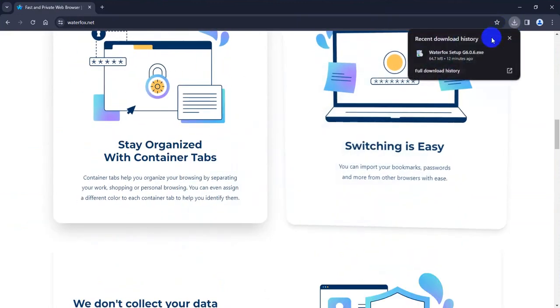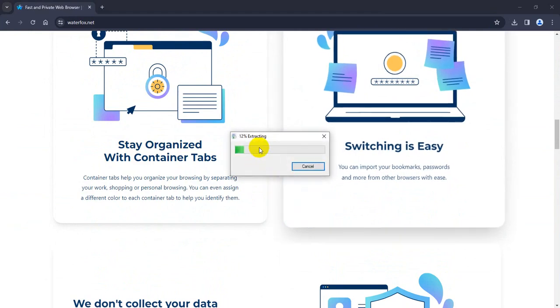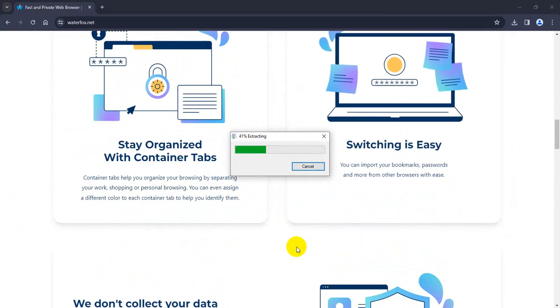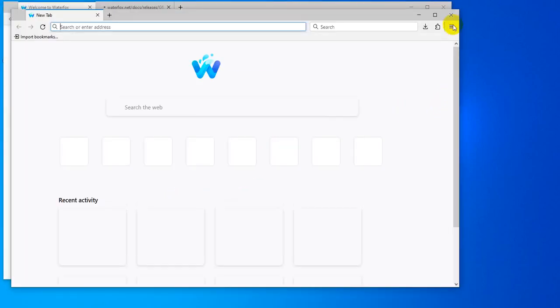I have already downloaded and set it up. So it's loading. Let me pause my video. So guys, I've finished my Waterfox install. So I'm just clicking open and